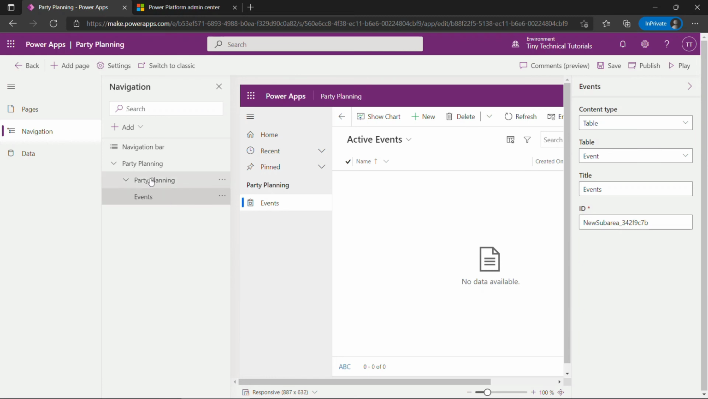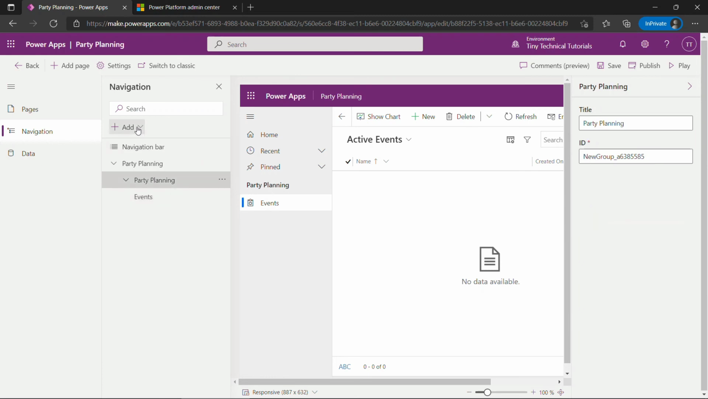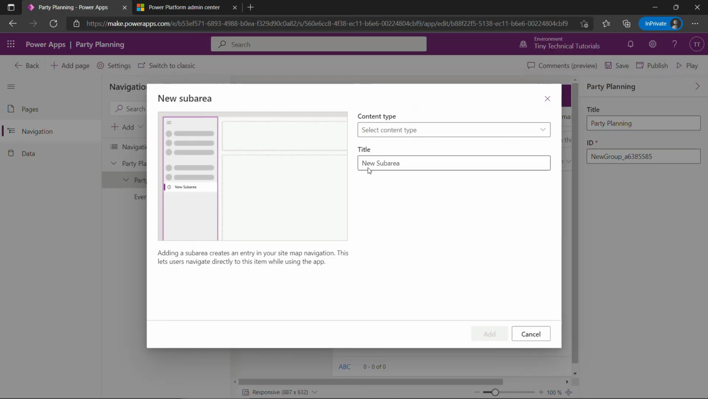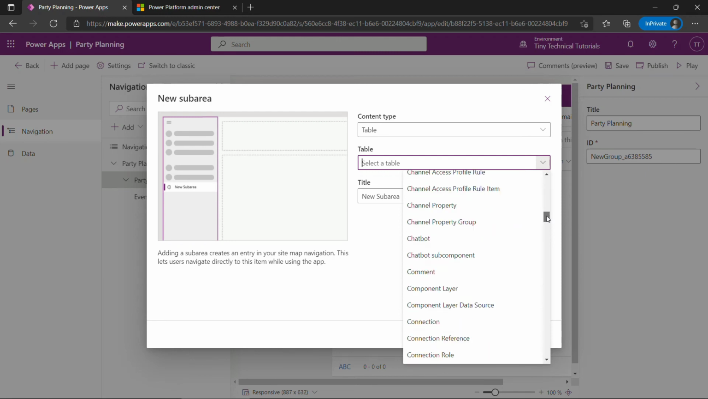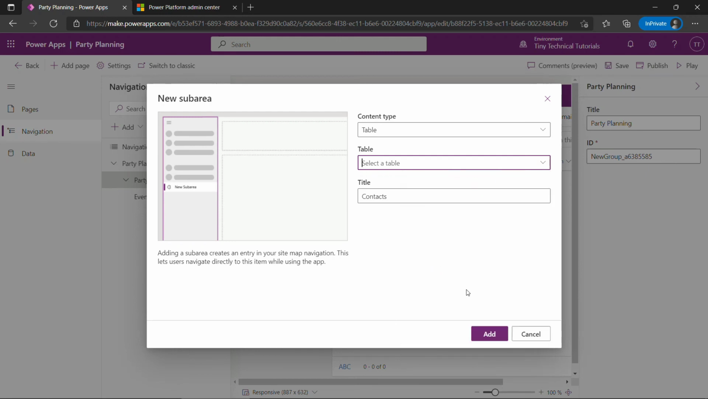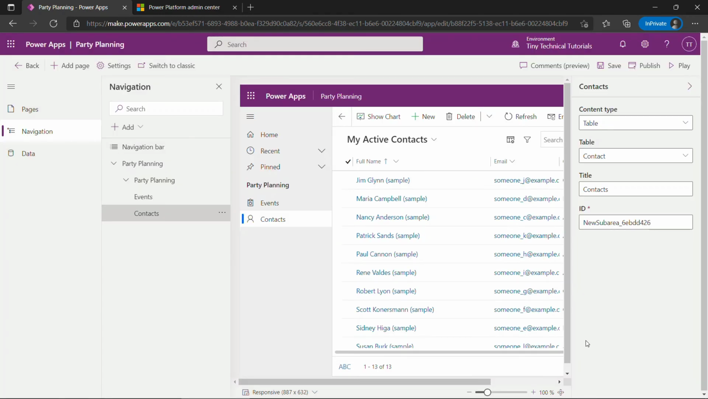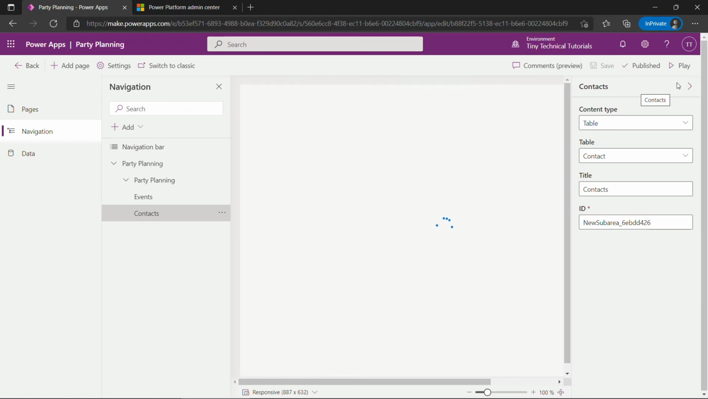All right, selecting this group right here, click on Add Sub-Area. So sub-areas go under the groups. This one, we're also going to choose a table, but this one we're going to point to Contact. And once again, you're getting a preview there. That's looking good. Let's save and publish. I'm just going to publish this time, which will also save. And then if we hit play,